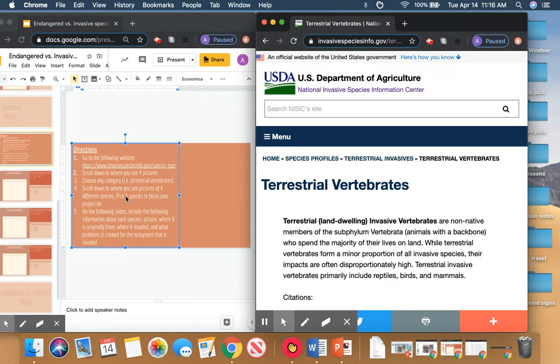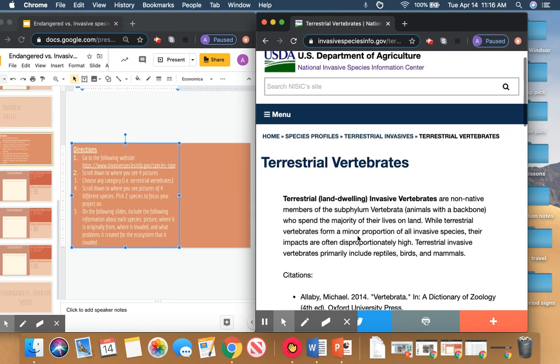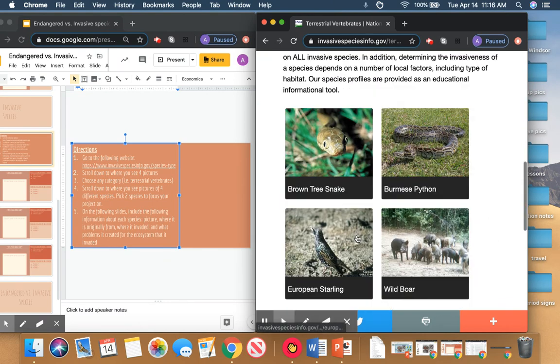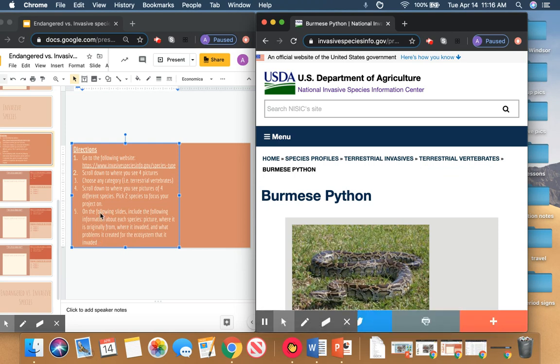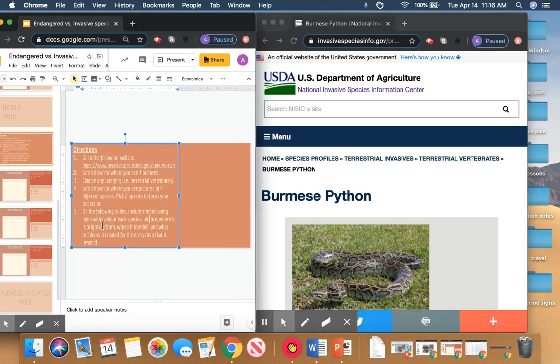Then I'm going to scroll down again until I see pictures of different species. So I'm scrolling and I see 4 pictures of different species. I'm going to pick any 2 of the 4 to focus on. So I'm going to start with the Burmese python. And I need to look for this information, a picture, where it's originally from, so where it is native to, where it came from, where it invaded, so where it ended up, and what problems it created for the ecosystem